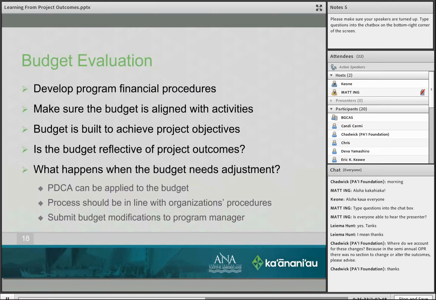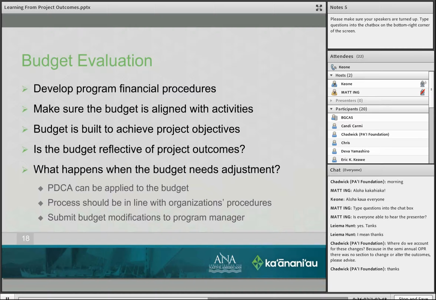And you need to make sure that the budget is aligned with the activities that it's supposed to be aligned with. The government doesn't give you monies and say, well, you need to spend so much for this, so much for that. No, they leave it up to you, but you have to take that extra step and make sure that it's